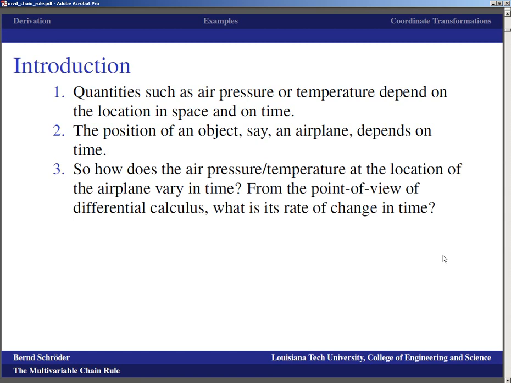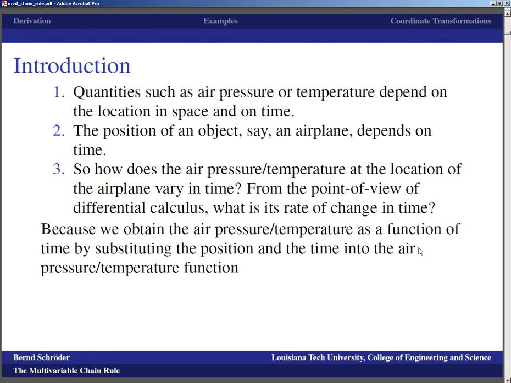Now, certainly this is a visualization that I've cooked up just to try to explain to myself as well as to others what we are doing with the chain rule, but there is certainly also a bit of industrial relevance here, because if pressure and temperature change too fast, you have different stresses on the fuselage of an airplane than you would have if they change more gradually. All right, so